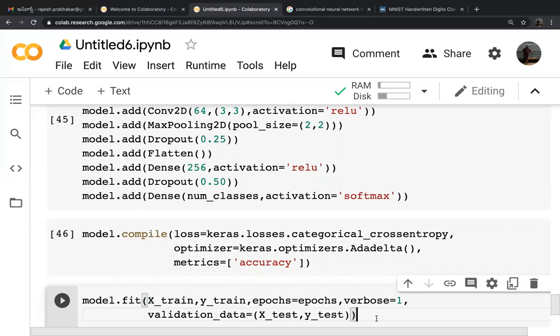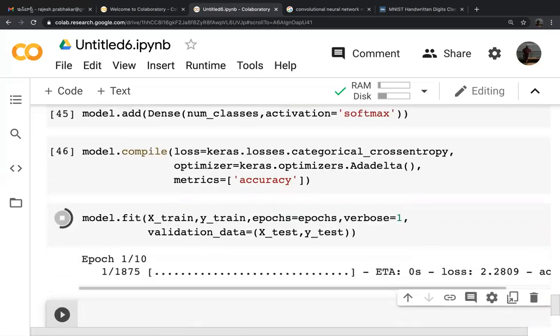So let us run the model. It is running epoch 1. Because this is a very comprehensive model, on a normal system it will take a lot of power. By using Google Colab, we can significantly fasten the process. Otherwise, when I ran this MNIST 5 years back, it almost took me 1 hour to process the data.